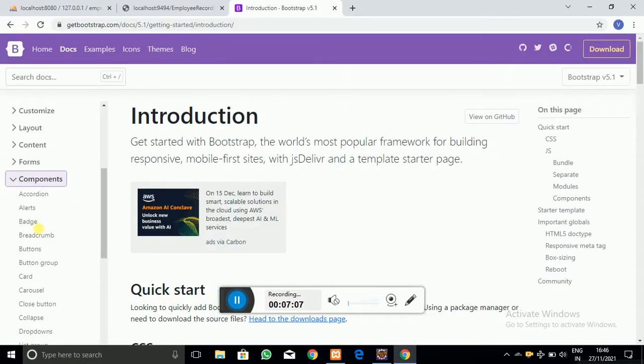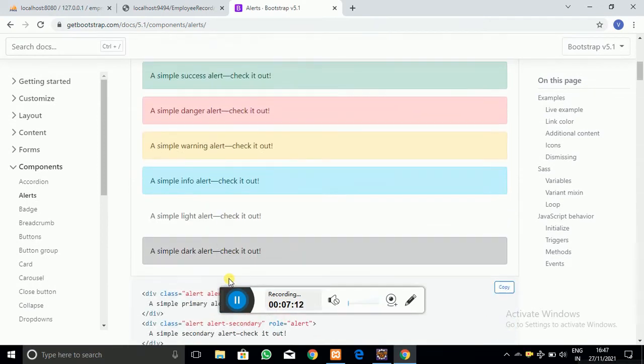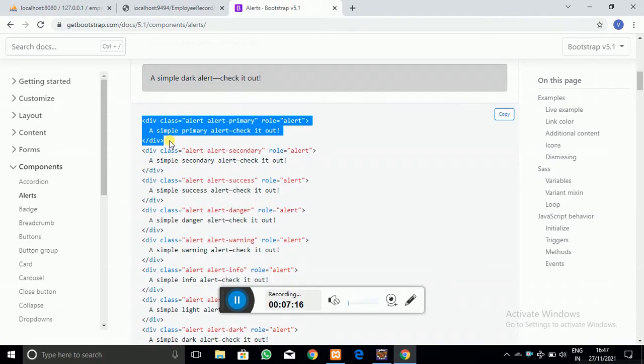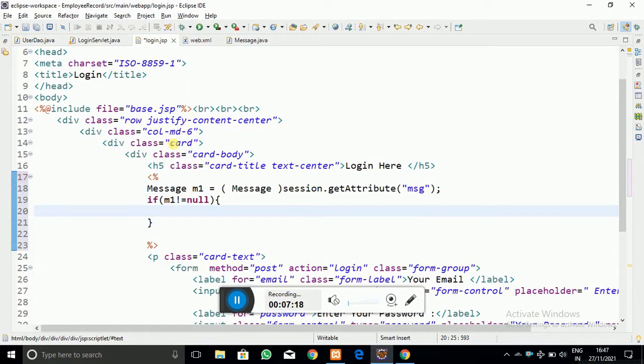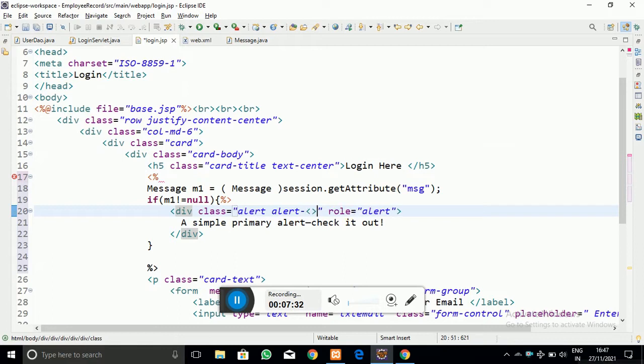So if we don't get it, here you can see the alert box that I am going to add. So go to the Bootstrap, go to the alert, and just copy that code here. If the message is not equal to null, that is, some value can be got into that message object. And here into the Bootstrap class, the alert-primary which was there first, but here I have to write this particular CSS class.